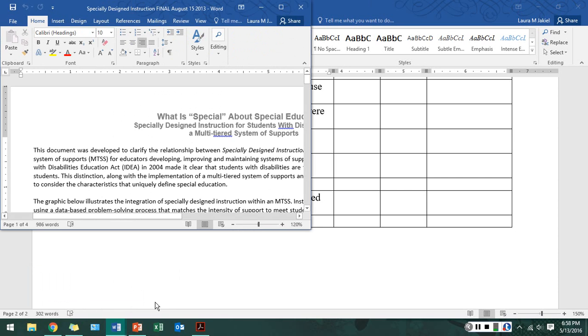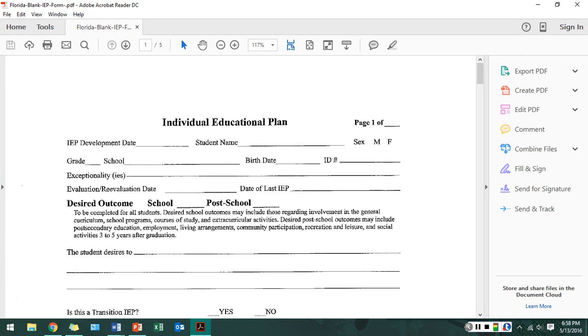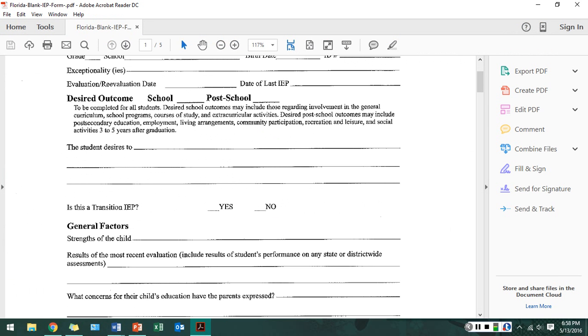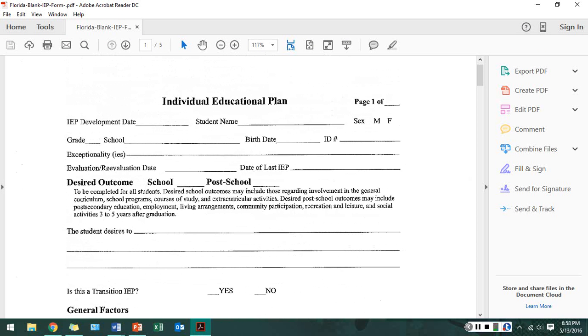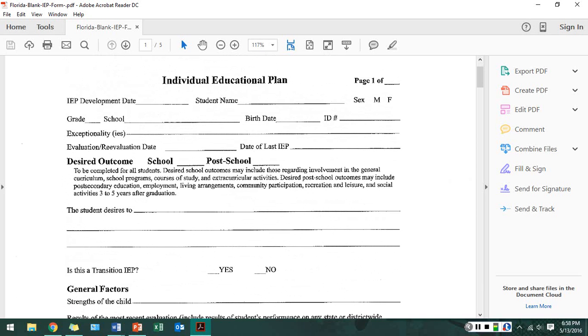The actual, that's the wrong document. Here we go. Here's the IEP. So this is the IEP. This is just a blank Florida version of the IEP. And let me just say that if you happen to get to your district and your district doesn't use this IEP, that's normal. Some IEPs can be many, many pages long, like we're talking 15 to 20 pages of documentation. This one's 5. It's really up to the county sort of issue